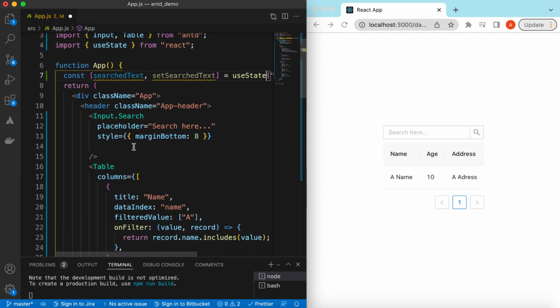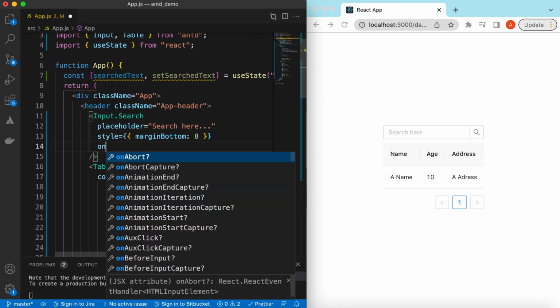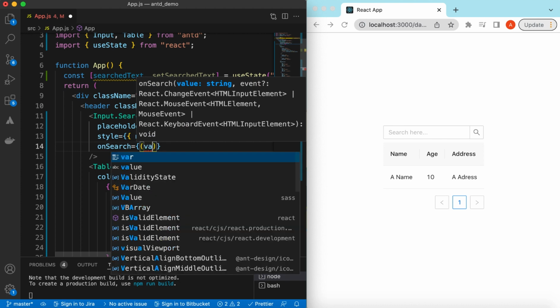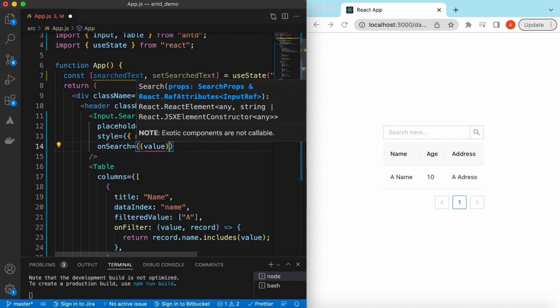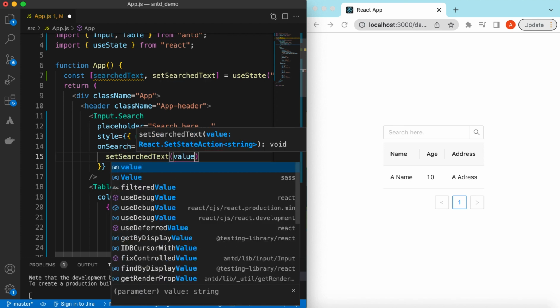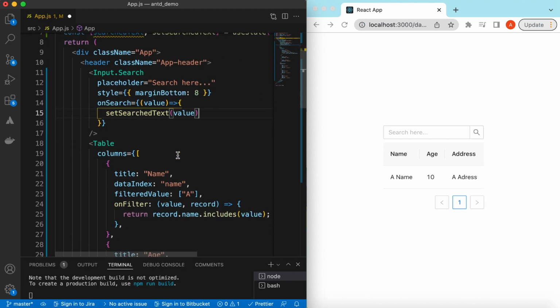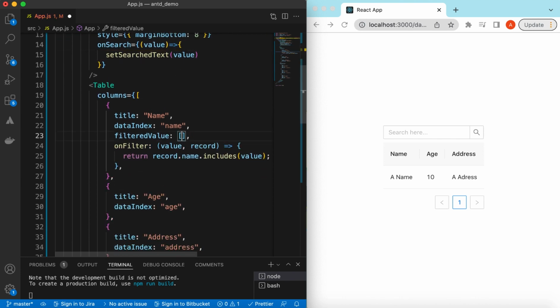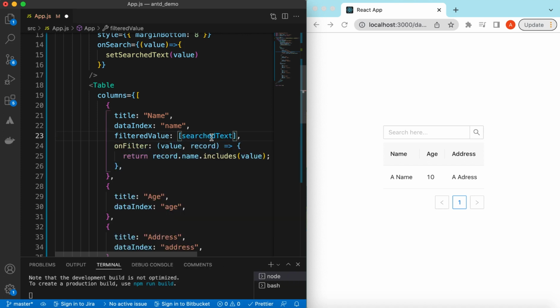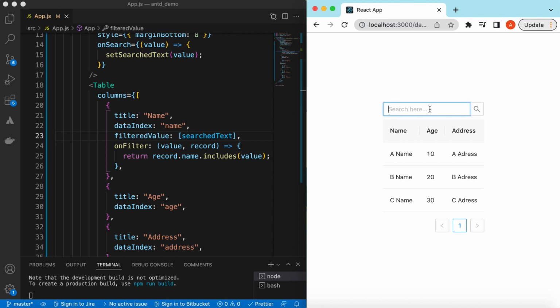Then we use onSearch, which will give us the value, and we set searchedText to whatever value the user has typed in, right? And here, instead of only A, we use whatever the user has searched, filter on that,